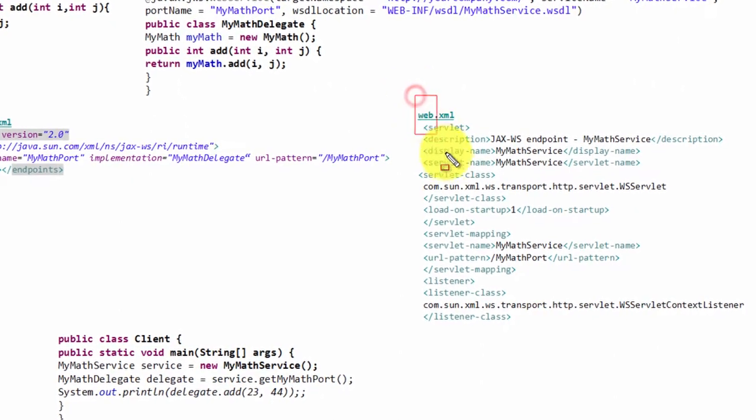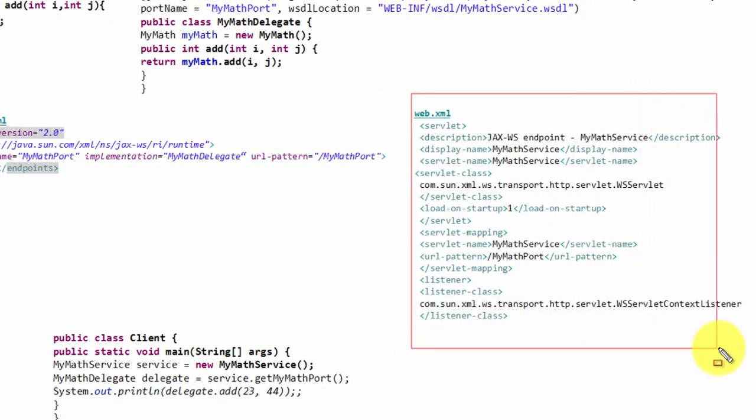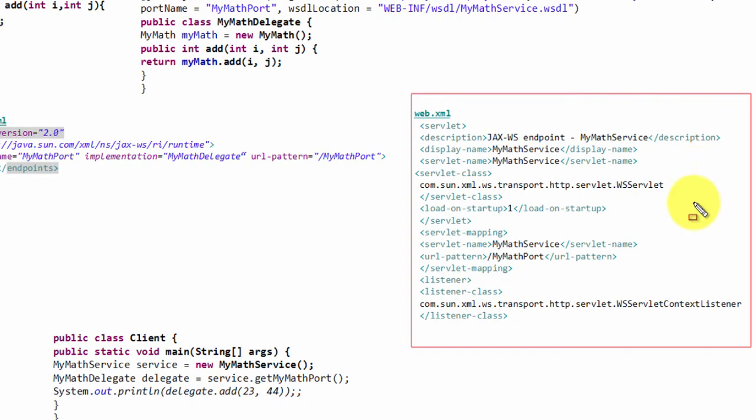The first file to configure in the application is the web.xml file. The web.xml file will have two changes. First, something called a listener is configured. The listener is responsible for checking the incoming messages and seeing if it is a SOAP message.